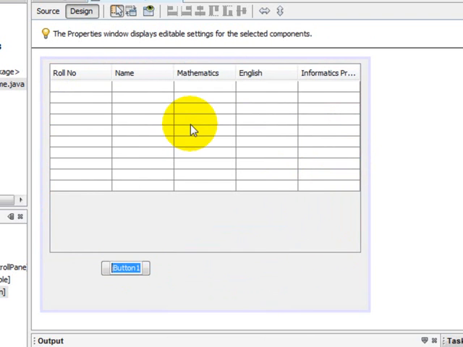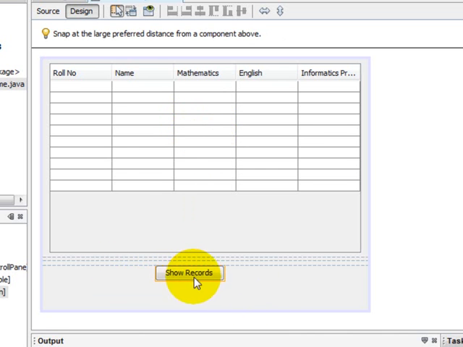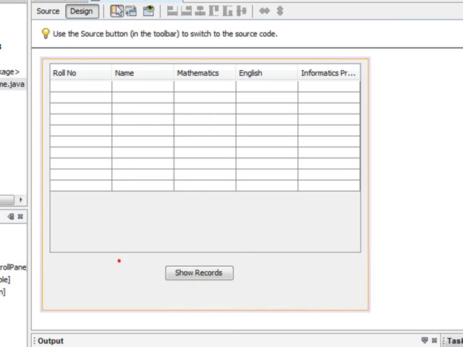And simply we want to change the text of the JButton control, then show records. Okay, now